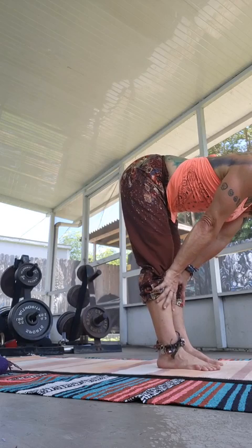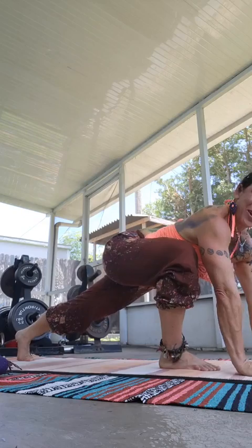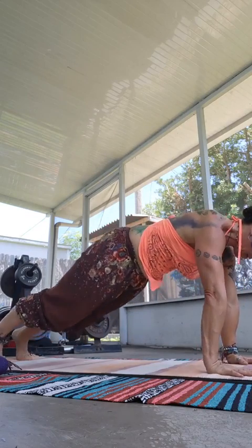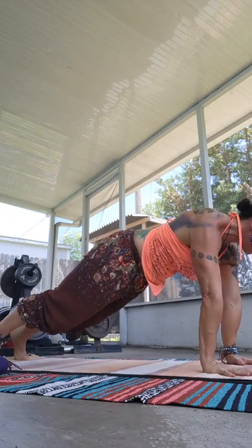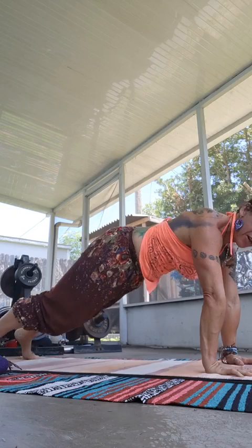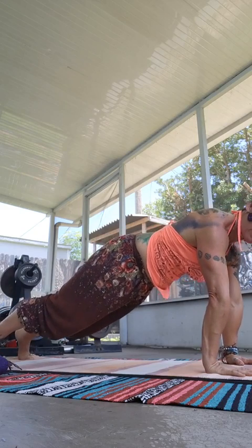Finding ease here, exhale, step back into plank. So when we come into plank, this is the fun part. And so we're going to hold plank. You can always put your knees down here if you want, but we're going to hold plank. So find a width in it. I have my feet kind of wide here and my hips loose, but I'm really going to push into this